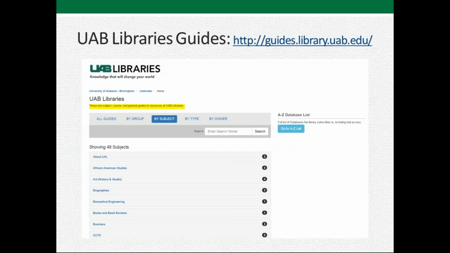We have a series of hundreds of library guides that are on all different kinds of subjects, on all different kinds of resources that will take you through, whether you're doing an Embase search or a PubMed search or using EndNote or any of these other resources. It'll take you through step by step and help you use those resources wisely and get to more help there. So be sure to look up those. This is kind of the central landing place for all our library guides. Again, if you're at a different institution, lots of libraries use these guides now, so they'll be available wherever you are.